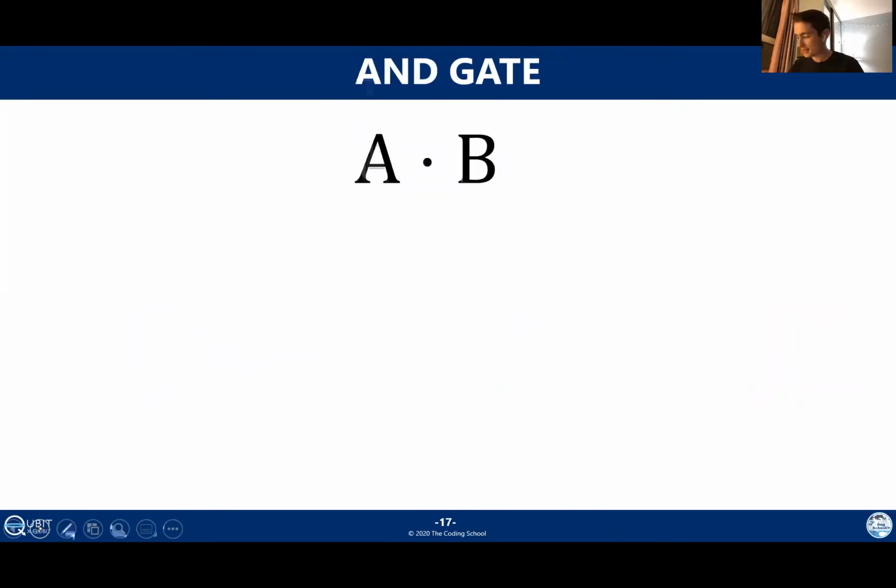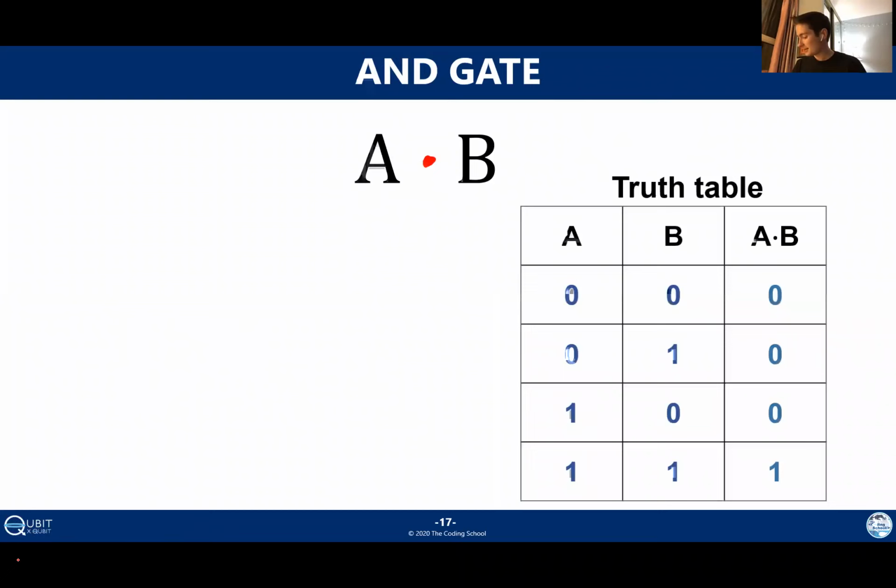Next up, we have an AND gate. So this one, just like the more generic example I gave at the beginning, takes 2 inputs, A and B. And then we use this dot here to represent the AND gate. Now, the dot is intentionally reminiscent of multiplication because if you look at the truth table, it kind of just looks like what you would get if you multiplied the 2 inputs, right? 0 times 0 is 0. 0 times 1 is 0. 1 times 0 is 0. And it's not until you get to the last row that 1 times 1 gives you 1.